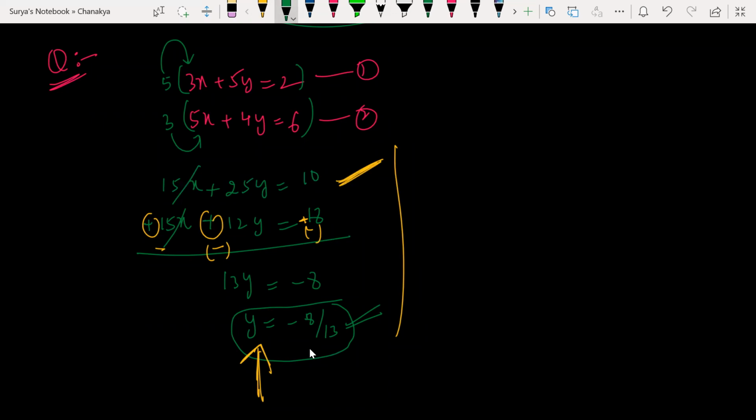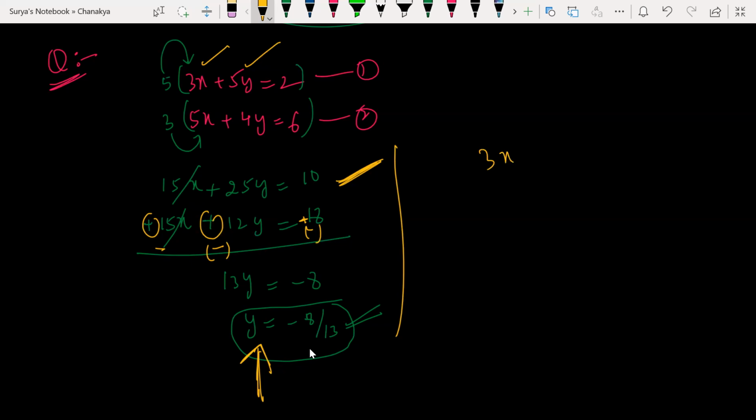So where do we use this process and in which type of questions? Everywhere. Wherever you get this type of question, we'll be studying all this stuff in linear equations in two variables. Here I have two variables, which are x and y. So basically this type of process you'll be using to solve linear equations in two variables.